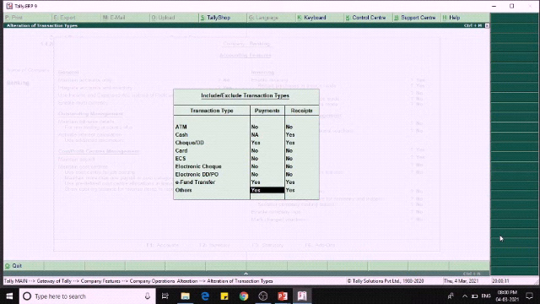And then the next one is SWIFT transfer. The abbreviation of SWIFT is Society for Worldwide Interbank Financial Telecommunication. I will tell you once again: SWIFT abbreviation is Society for Worldwide Interbank Financial Telecommunication.